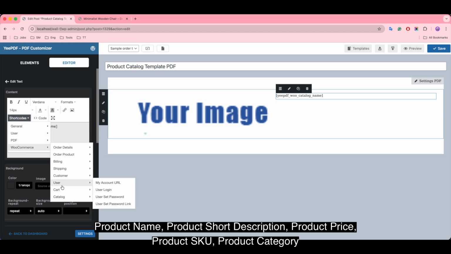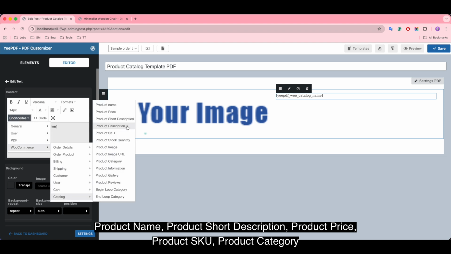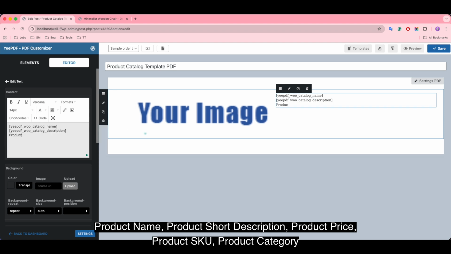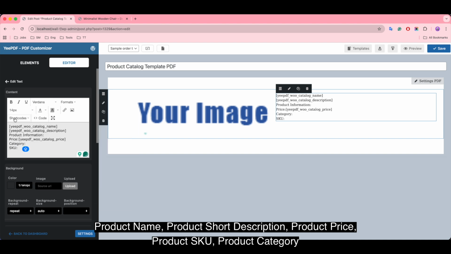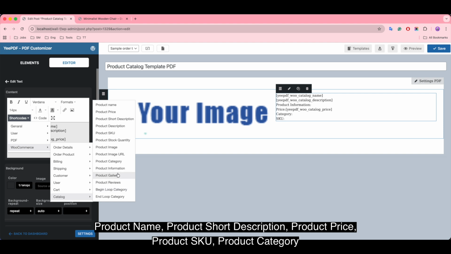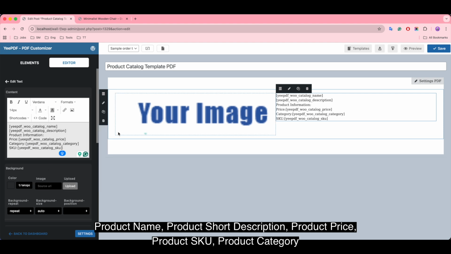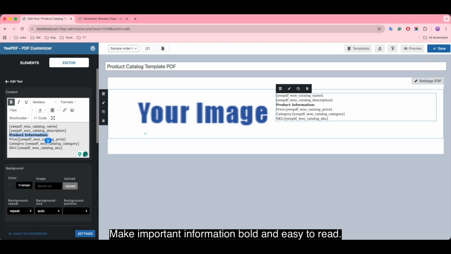Product name, product short description, product price, product SKUs, and product category. Make important information bold and easy to read.